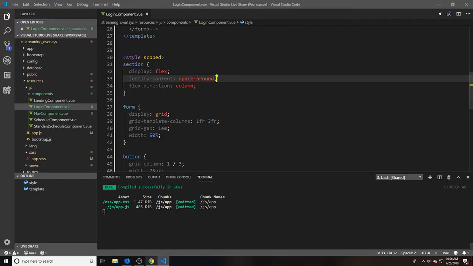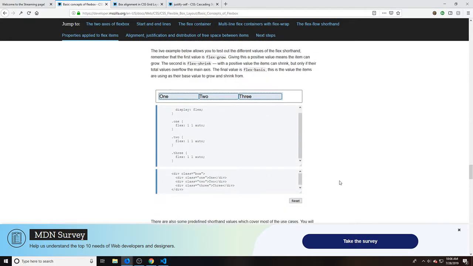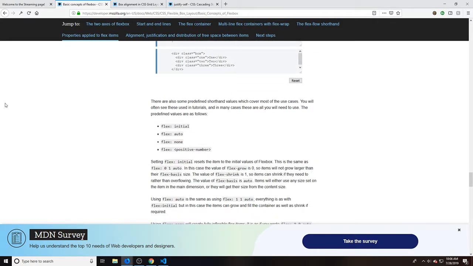Okay, back to the docs. If the justify content column wasn't there, then space around really helps. It flipped.